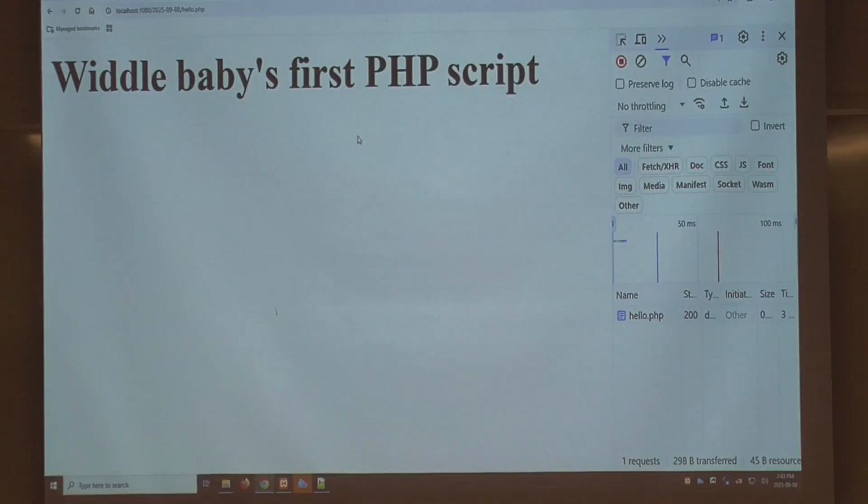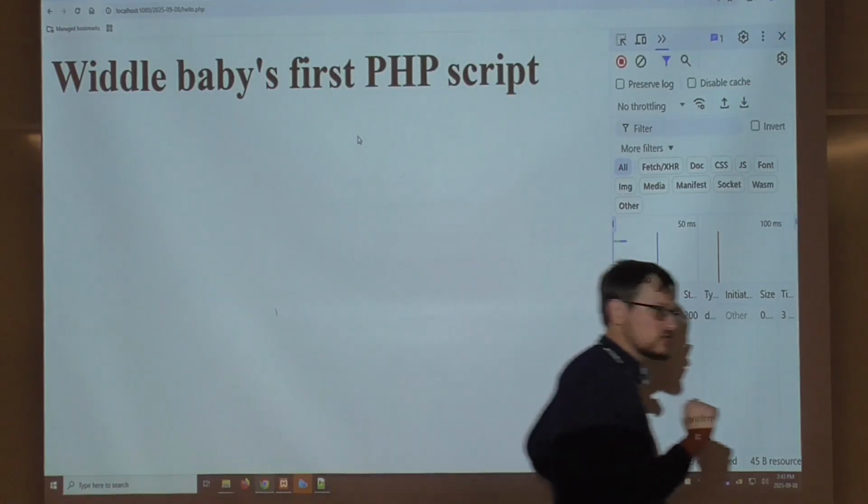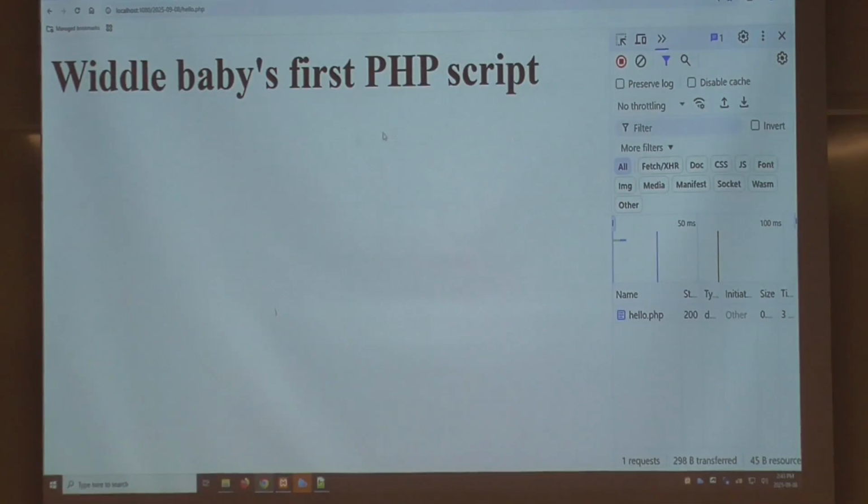PHP has a plus sign. That is for arithmetic. Concatenation is a different operator entirely. Anybody care to guess? Dot. It is dot. Yes, it's period. If you want to concatenate strings in PHP,